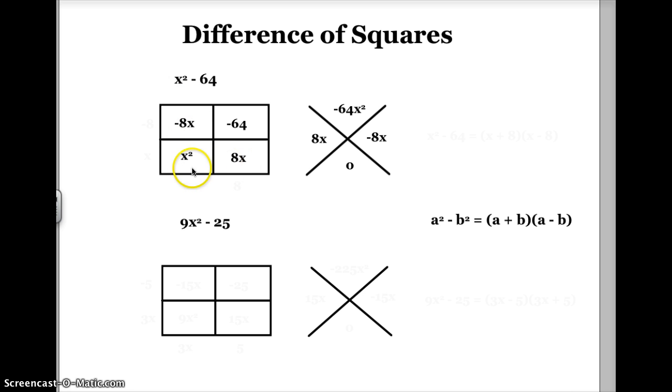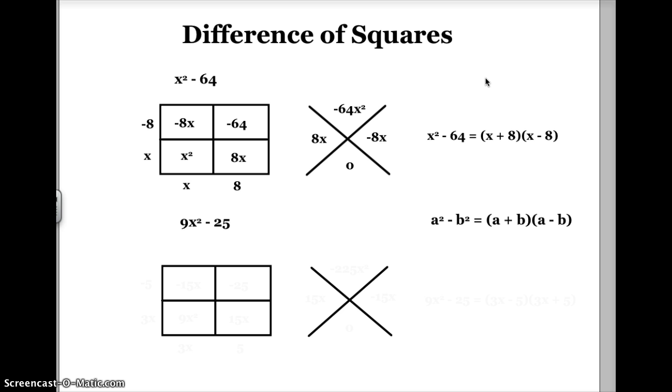Now I have an 8x and an x squared, so I have a factor of x in that row. If this dimension's x, and my area is x squared, this dimension also has to be x. If this is x and my area is negative 8x, that's going to be negative 8. If this dimension's x and my area is 8x, then that dimension also has to be 8. So to write this quadratic, which is x squared minus 64, another word for a difference of squares, as a product, I'm going to write it as x squared minus 64 is equal to x plus 8